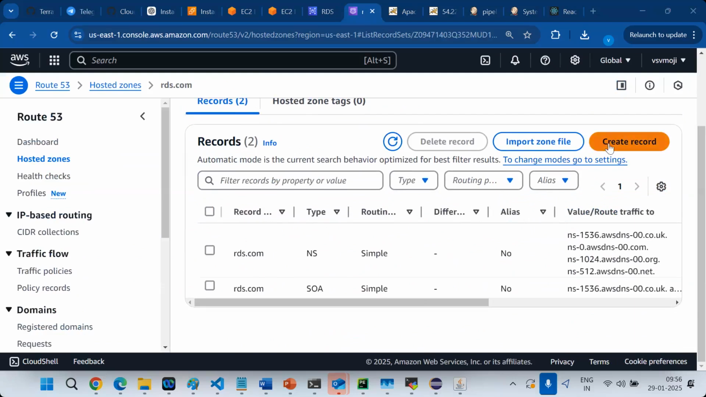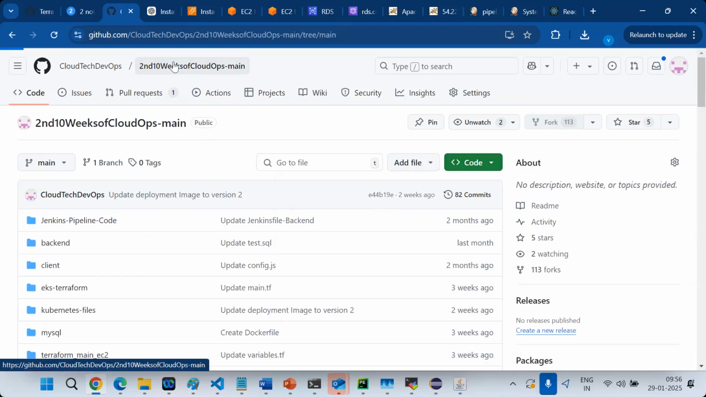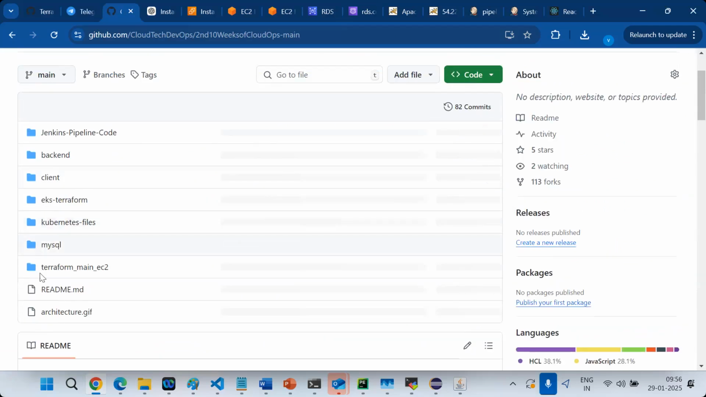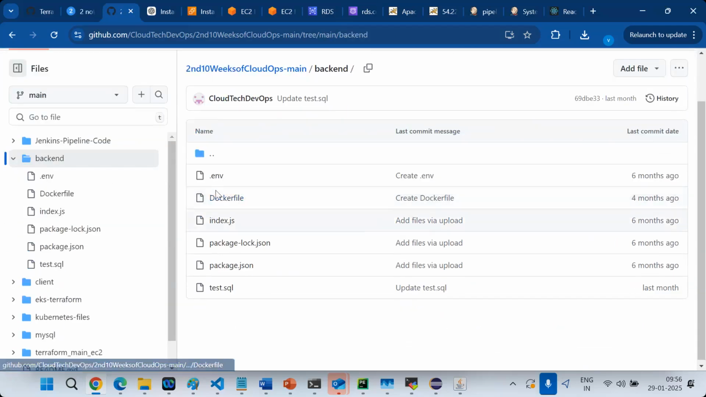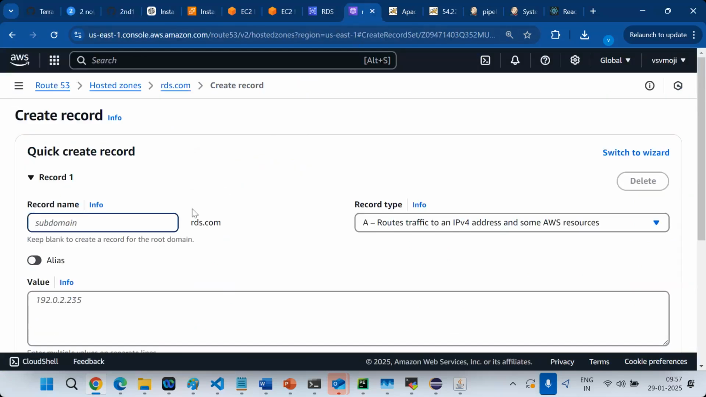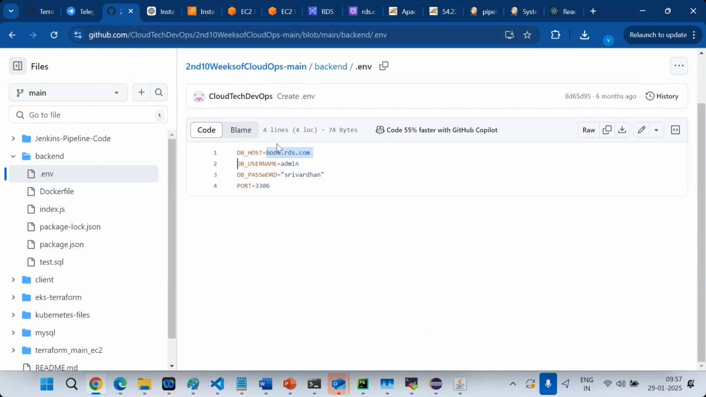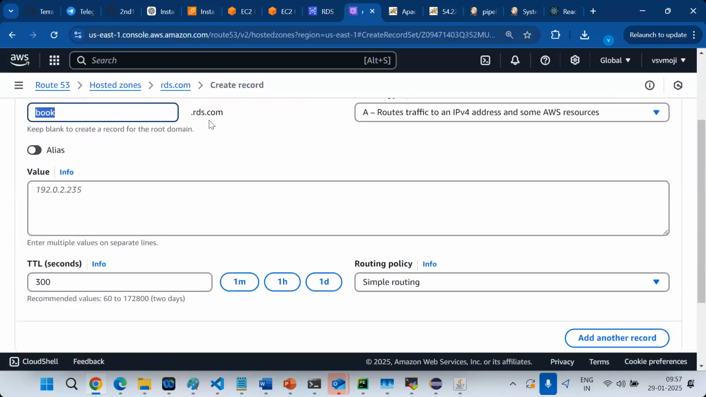Whatever. I'm creating a record now. You tell me, inside my backend application, what have I given here? book.rds.com. This is a record of the private hosted zone. I'm creating a record for the private hosted zone. What do I need to give here? Book. Clear? You can give any name. This record you can add here. Now book.rds.com is redirecting to